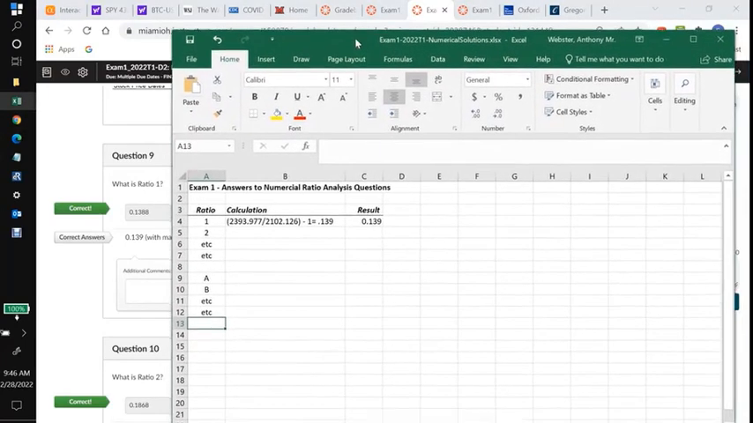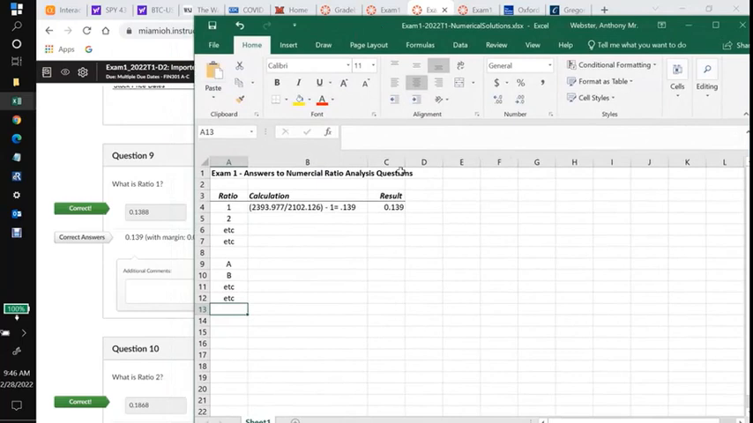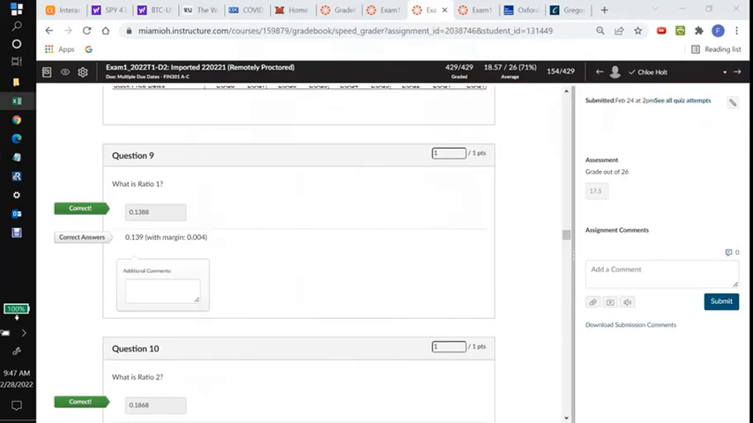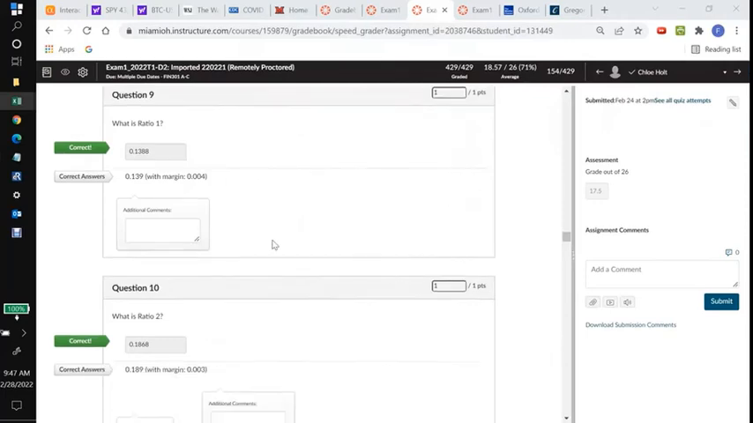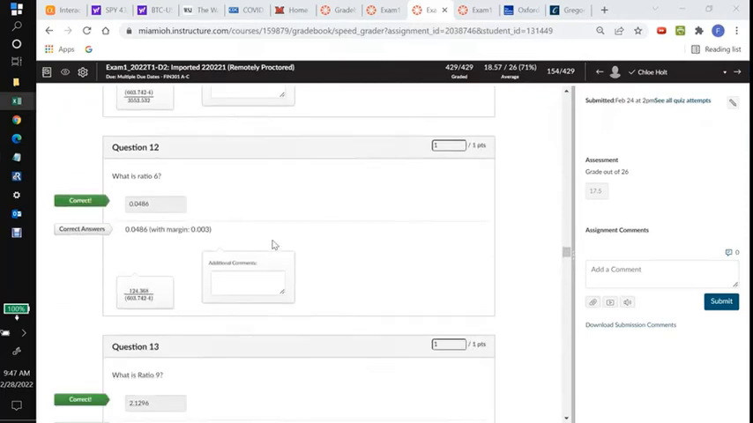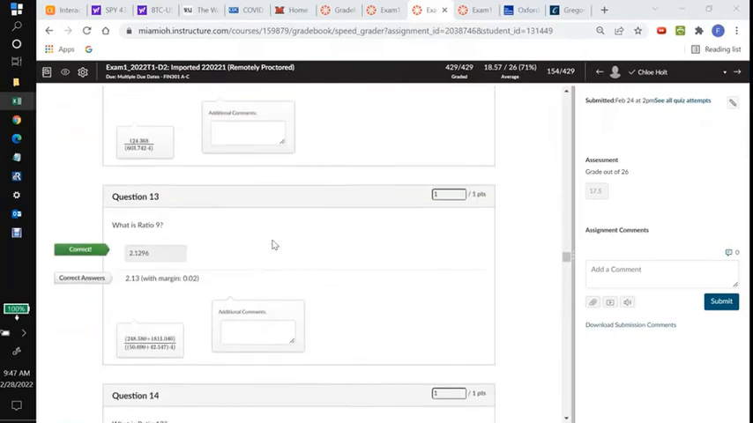Natalie has made up a little spreadsheet that we can all use with all the numeric ratios and all the alphabetical ratios and what the calculation for each one is and what the result is. So you can just zip that in as necessary when students have a mistake in the numbered ratios or the